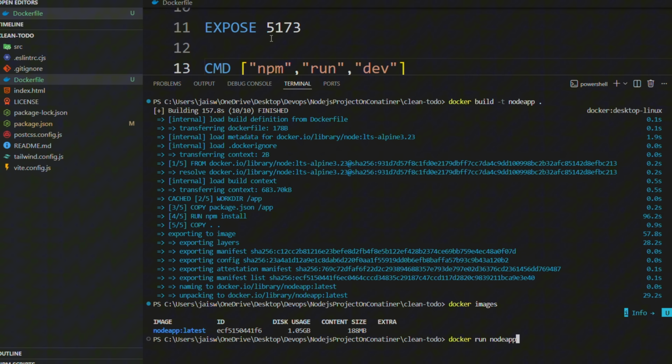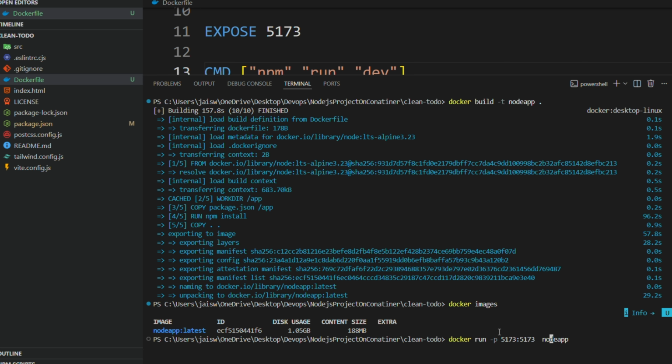Because this is a website, it will show in a browser. So it will run, but we have to expose this port. For accessing it locally, we use -p and the port, 5173 colon 5173. Now if I run this,